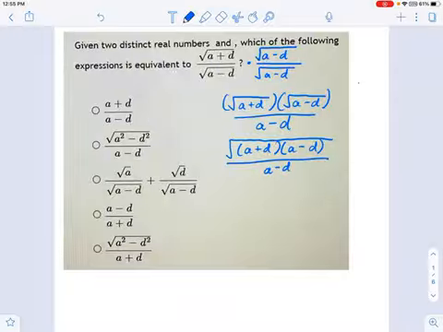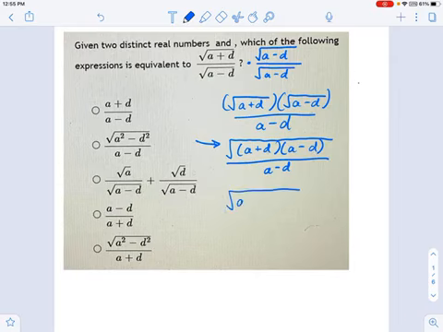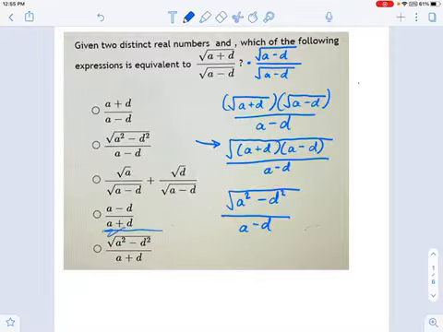Now, you should recognize a plus d, a minus d. This part in here, there's a difference of squares in there. So you could simplify this into the following. A squared minus d squared. Okay, all over a minus d. And that is our answer. Whoops, not there. No, not that one. Where is it? Right here.